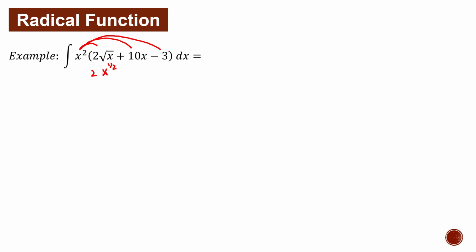So now this is going to be x squared times 2x raised to 1/2. That 2 is going to be outside now of the integral sign. And then x, so 2 plus 1/2 is 5 over 2,